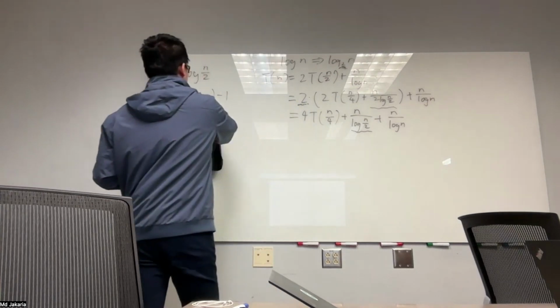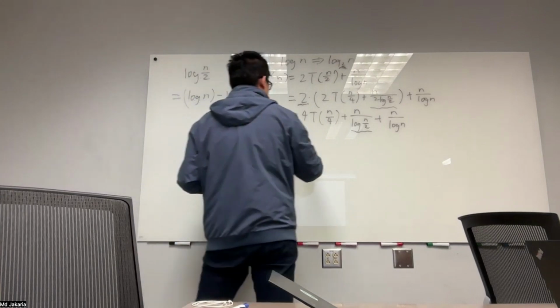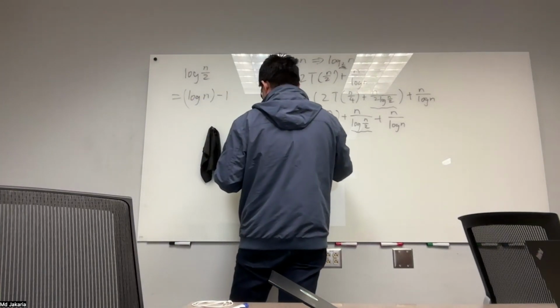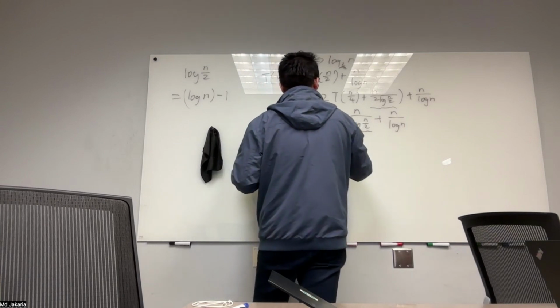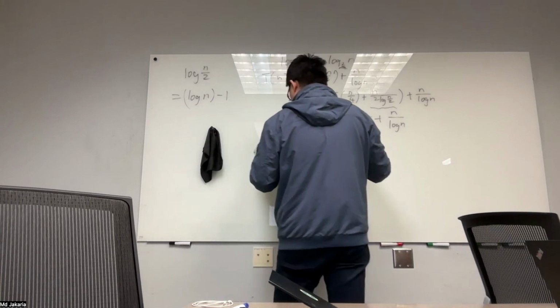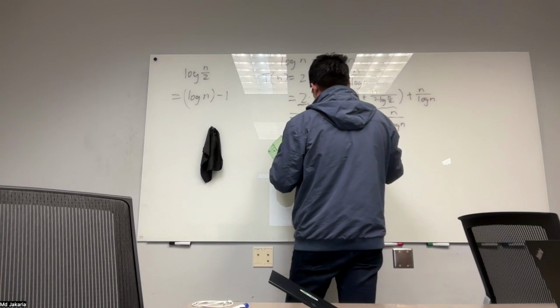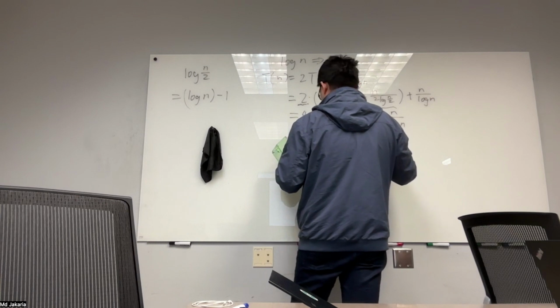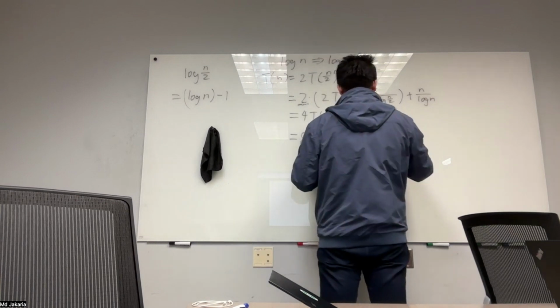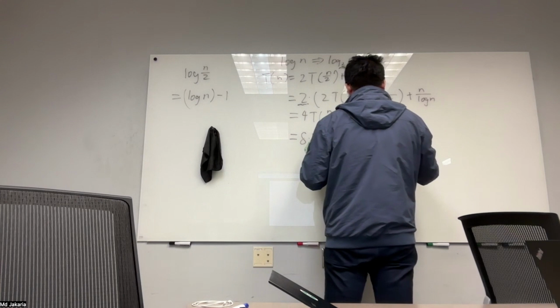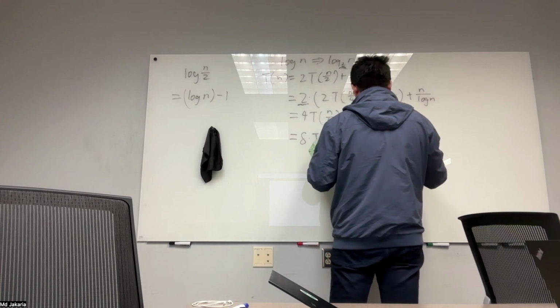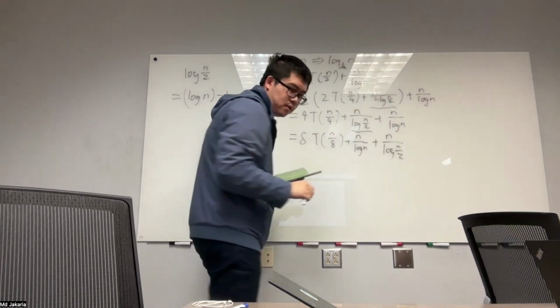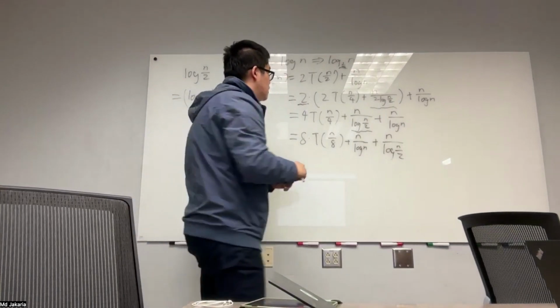With this in mind, the next step is going to be much easier. So that becomes 8 times T of n over 8 plus n divided by log n plus n divided by log n minus 1, which at this point equals